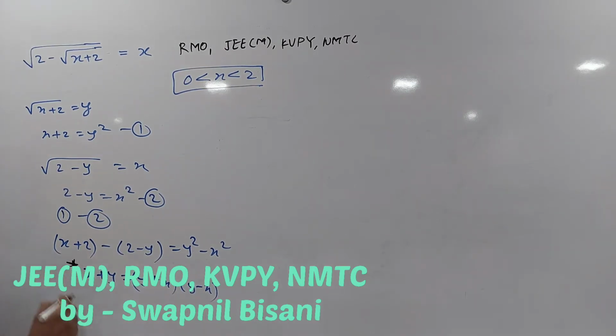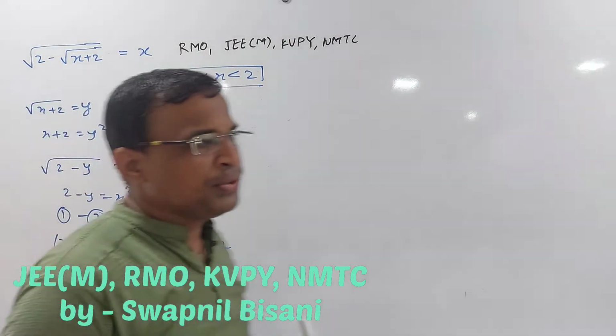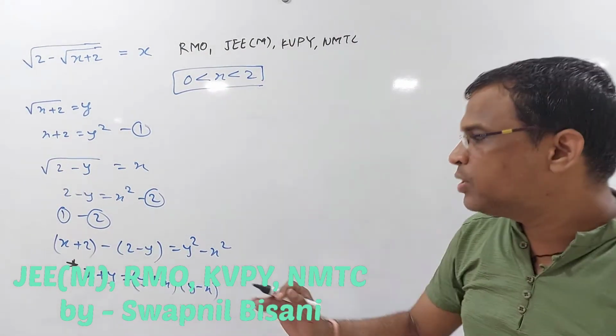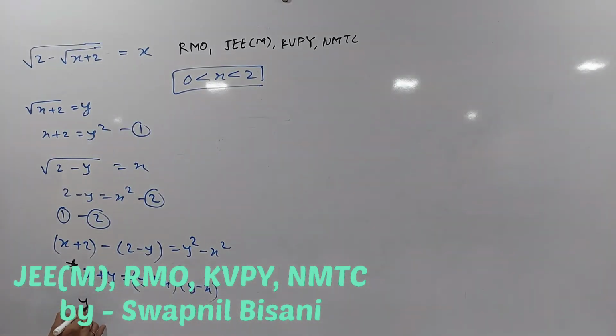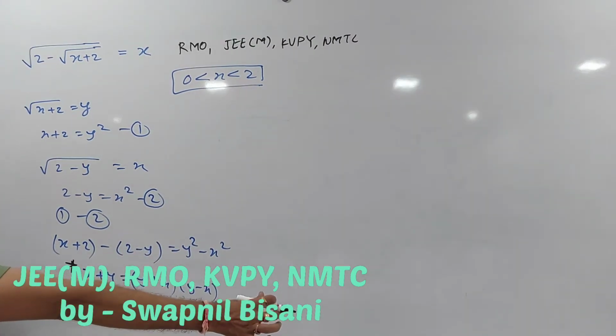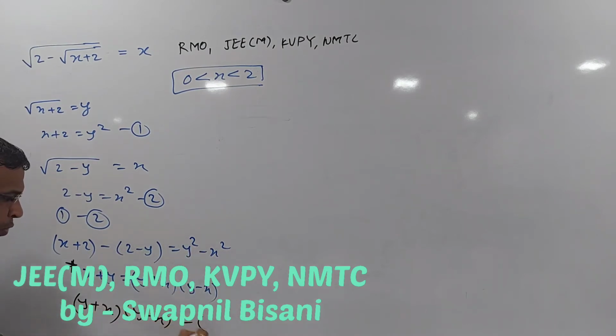Don't cancel this, because when you cancel this, you don't know about x, you don't know about y. So never ever do this step. So what's the step you can follow? I'm just writing on the other page. So (y plus x) times (y minus x), and I will shift this to that side. When I shift this, it becomes minus of (x plus y), or (y plus x). Let us just treat it like this. I am shifting it to the other side, equal to 0.